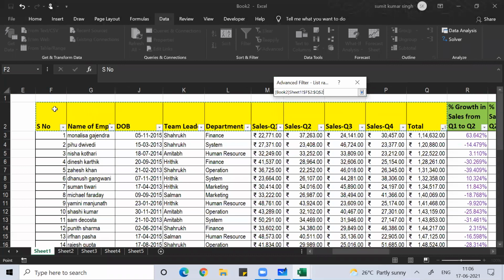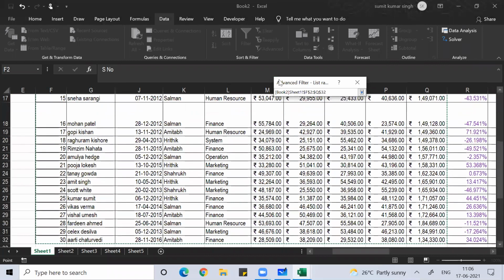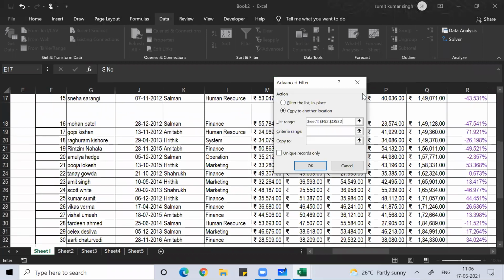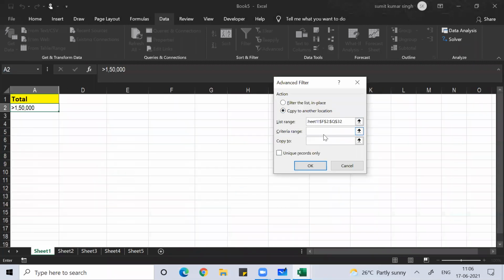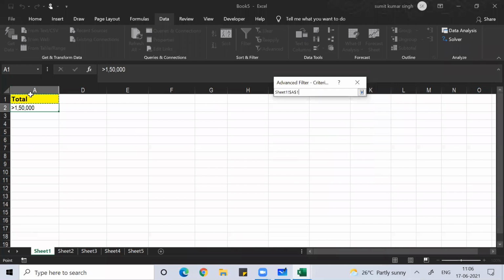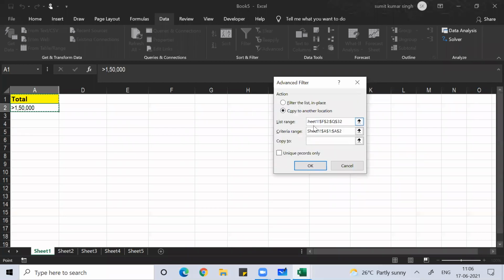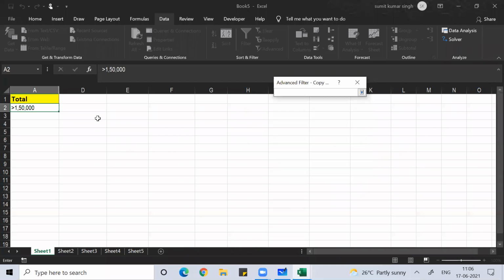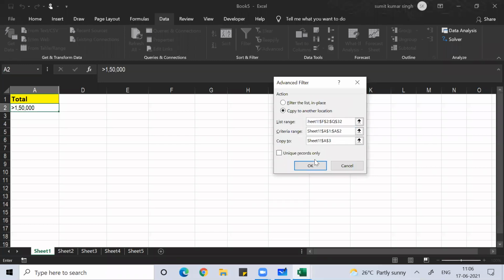Select your data with Control Shift down arrow. Criteria range: what is your criteria range, guys? Your criteria range is this. Copy to: where to copy to? You know that. Press OK.